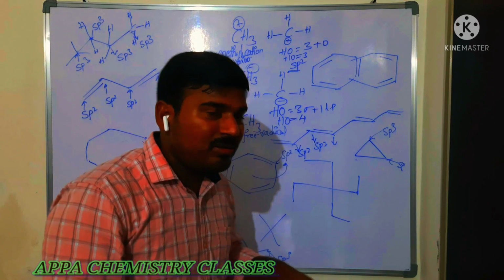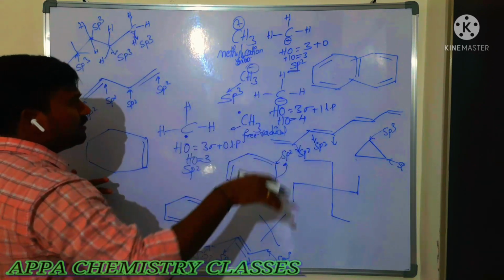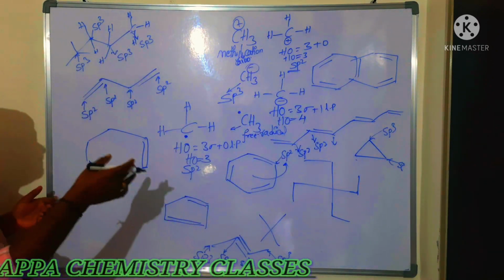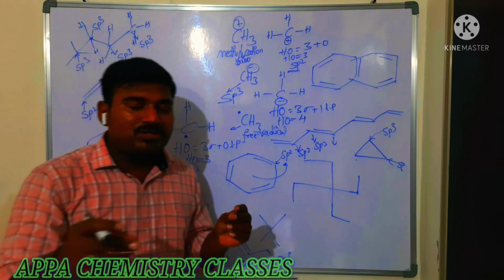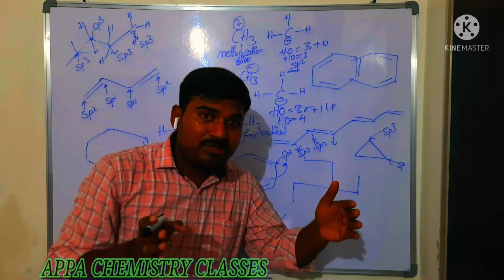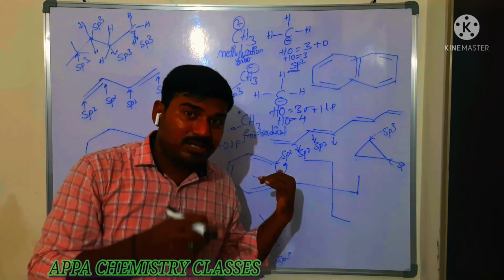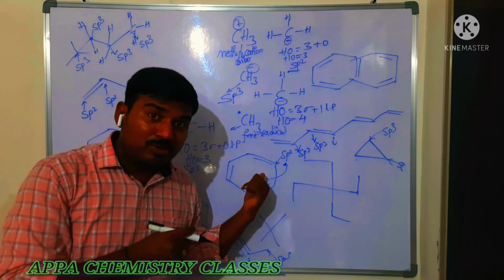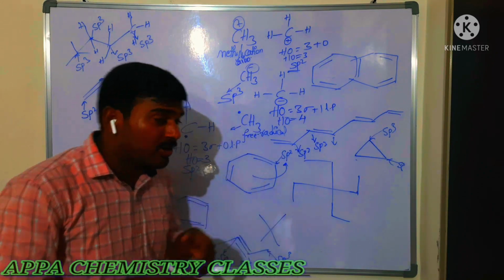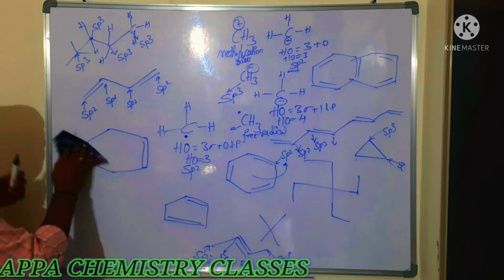Is that clear, everyone? You can do it like that, based on the number of sigma and pi bonds. It's going to be a somewhat longer video, but it is very important. Is that clear, everyone? So shall we look into the pure orbital to hybrid orbital ratio, which is very, very important.